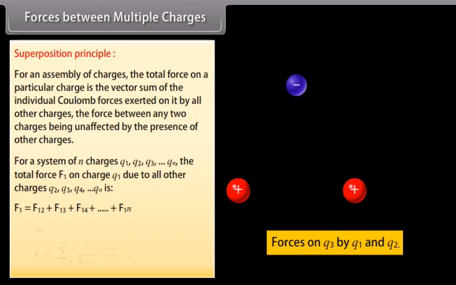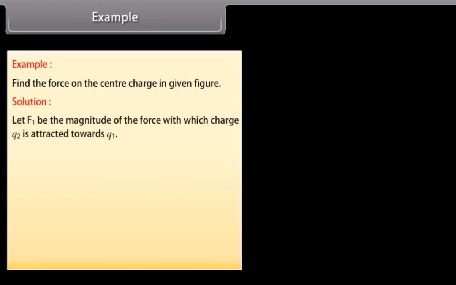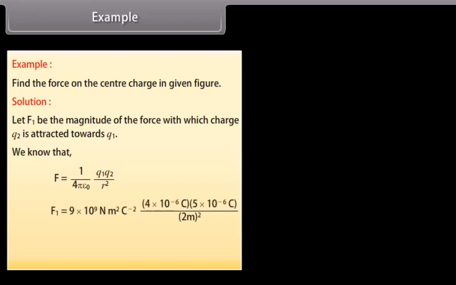This equation can be written as... Example. Let's take an example on Coulomb's law. Find the force on the center charge in given figure. Let's see the solution. Let F1 be the magnitude of the force with which charge Q2 is attracted towards Q1. We know that F1 is equal to 1 upon 4 pi epsilon naught multiplied by Q1 Q2 upon r square. Put the values in this equation, we get F1 is equal to 45 into 10 raised to the power minus 3 Newton, which is equal to